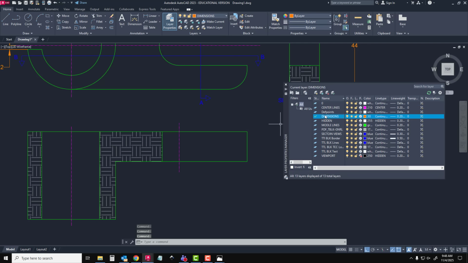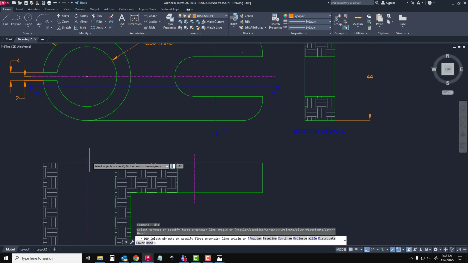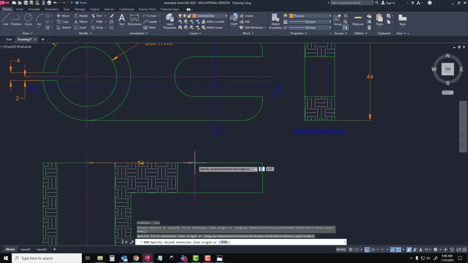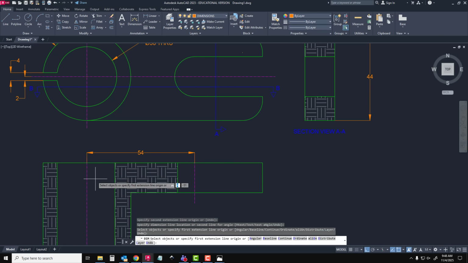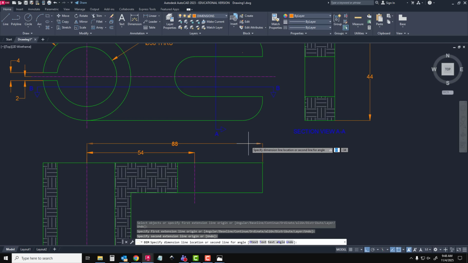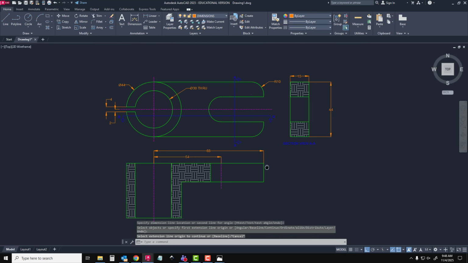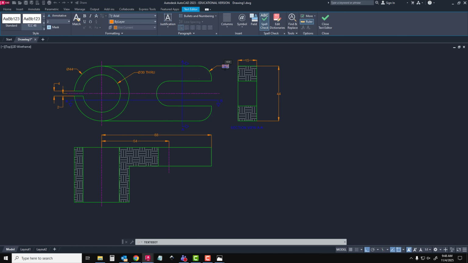So now I'll come back to dimensions. I'll close my window. I don't like too much on the screen. And I know I'm going to click from here to there because that's 54. And I also know that from here to there, that's also a dimension I need to have on there. I got 88 there. Now remember, because we went through and scaled all these, it's helping make it a lot easier. This right here, we did it earlier, but it's a typical dimension. So I'll hit